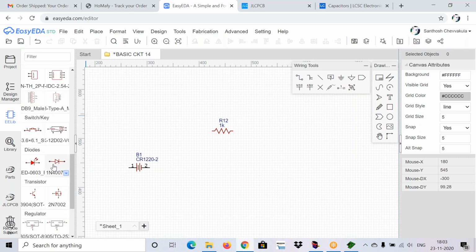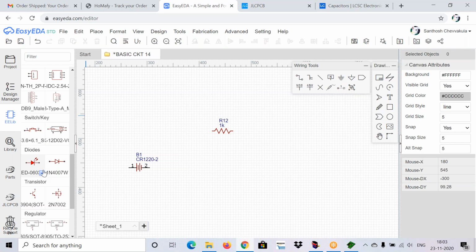All the components have arrows, right? In EasyEDA you will have some series for the components. In practical circuits we need some series for the components, nothing but at particular points a particular value of component only should be used. Otherwise the circuit may not work properly or give some error at the output. That is the reason we need to maintain the same values of components. In EasyEDA you will find that option also.